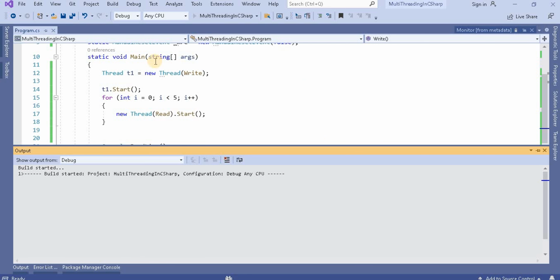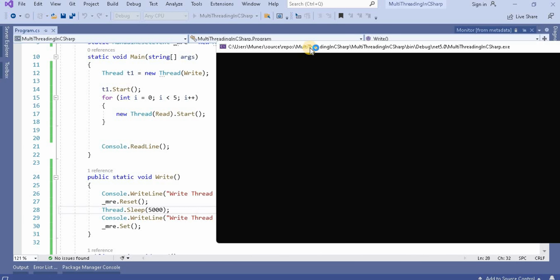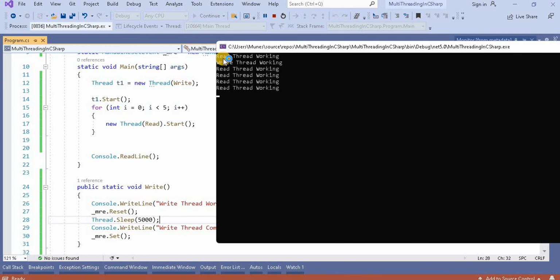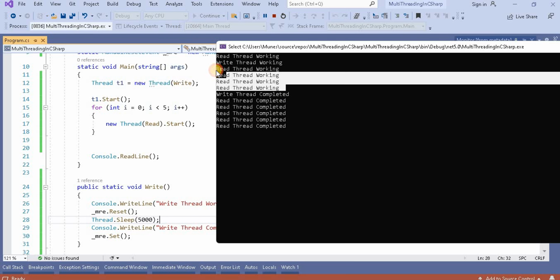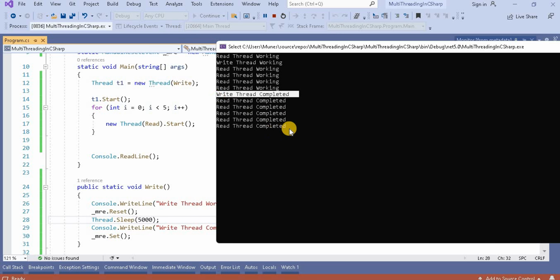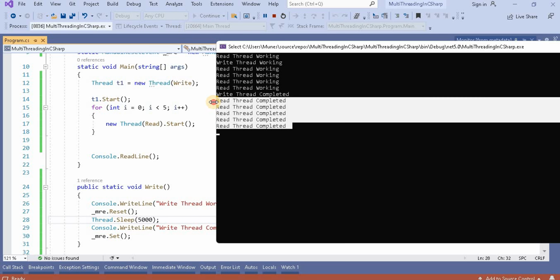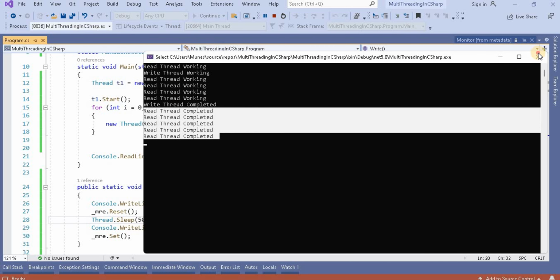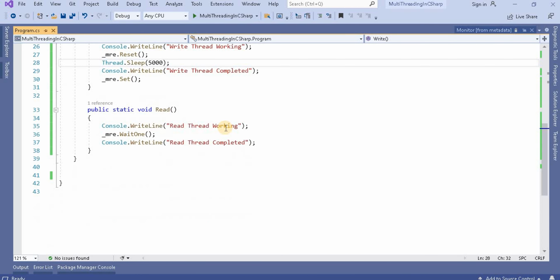Now let's run the application and see what output we get. We can see read thread working and write thread working, and at that time all other threads were working, and after that write thread completed, then read thread completed. That's a little confusing, so here we will write "read thread waiting".